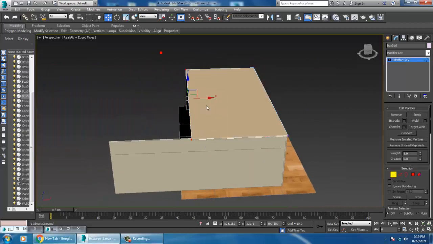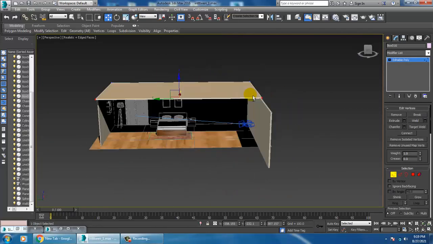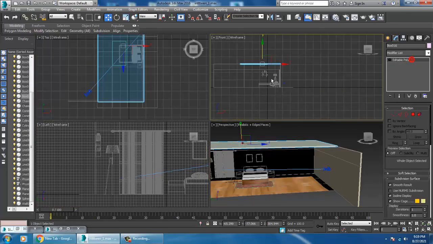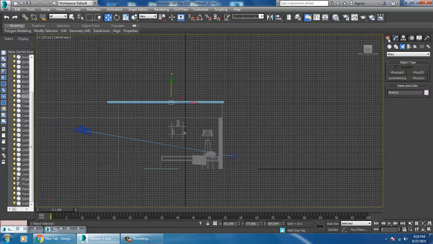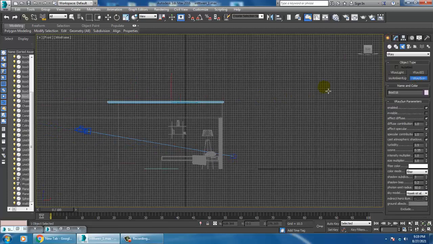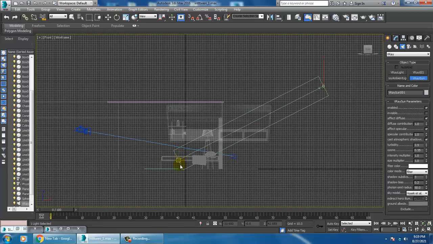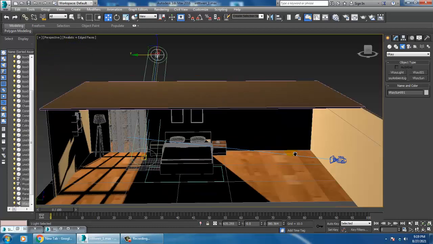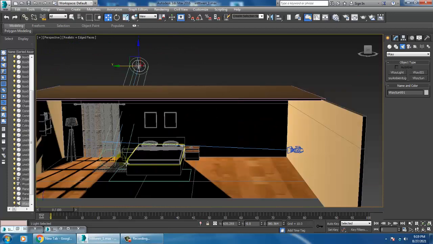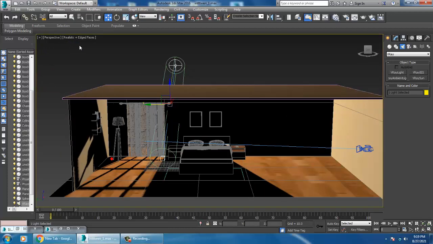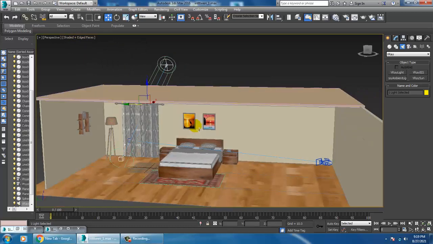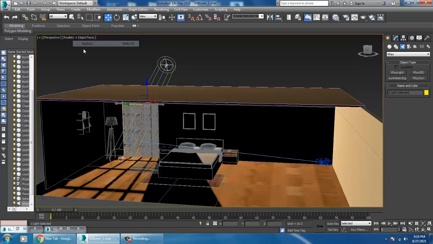Okay, so slightly we'll be just shuffling this a bit over here. Again we'll go over here and let's take a V-Ray sun. Slightly just push this over here.